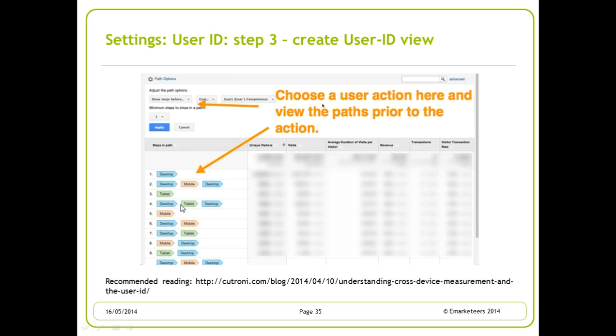And you can see here in these reports their cross-device journeys. For example, people who visited via desktop, then via mobile phone, and then again via desktop, or people who first visited via tablet and then via desktop. And you can correlate those journeys to different outcomes or conversions on your website. So that's pretty neat.